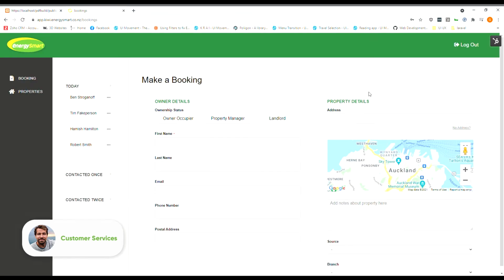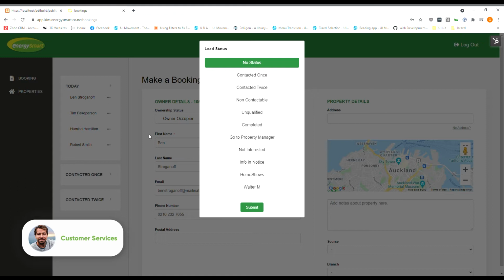The team member will be using this bookings form when calling up a lead to qualify them and to learn more about their property. On the left side of the form are all of the leads that have been assigned to them from the aforementioned round-robin process. When the lead's name is clicked, the form draws the record's information out of the CRM and pre-fills it on the form. The lead stage can also be changed by clicking on the dots next to the name.